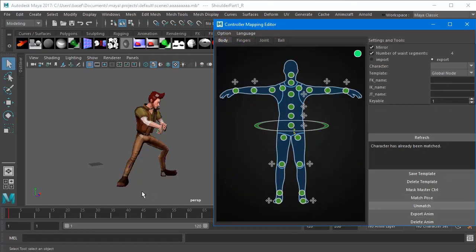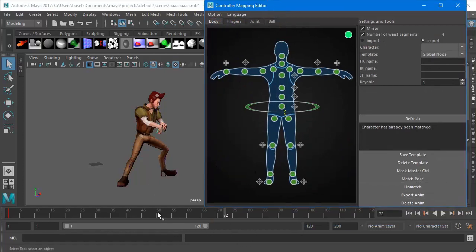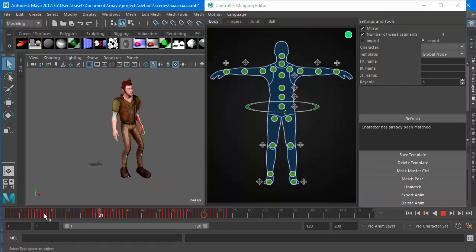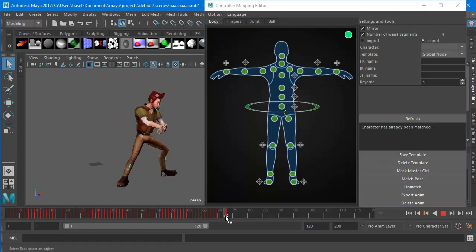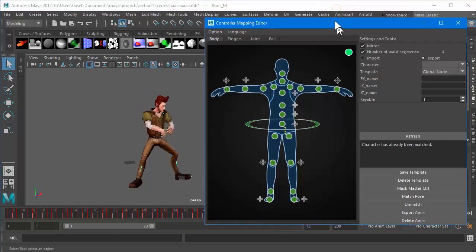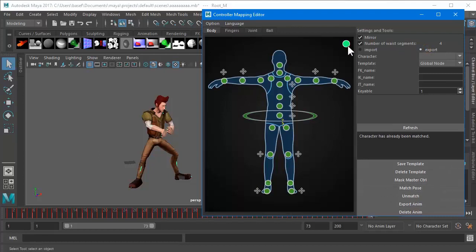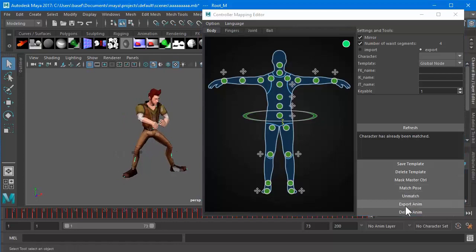And here let's make sure the frame range is from 1 to 73. In export mode, make sure this is a green circle, everything is ready, and let's click export